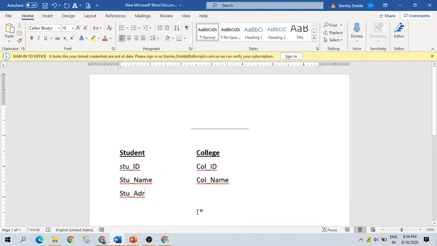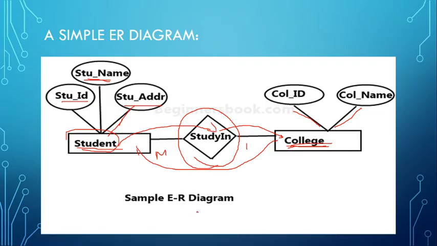So this is a student table and a college table. In the student table we have columns, or fields, called student ID, student name and student address, and in the college table we have fields like college ID and college name. These are the fields provided in the table. From this ER diagram, since this is a simple ER diagram, we have only two tables. For many other diagrams, later we will see different examples of converting ER diagrams